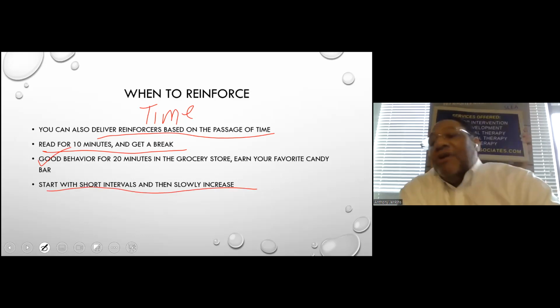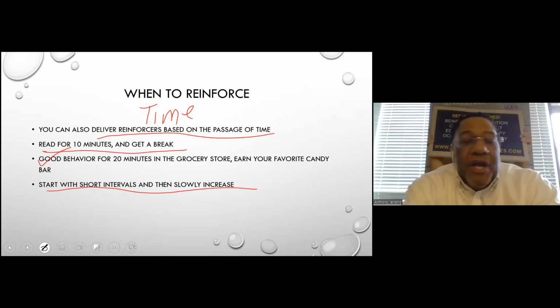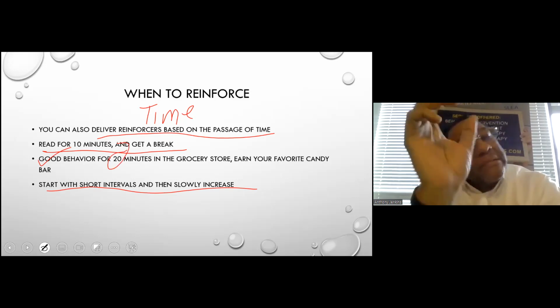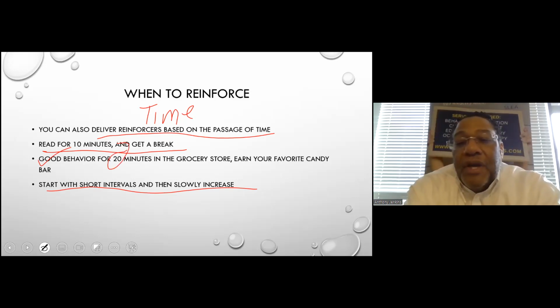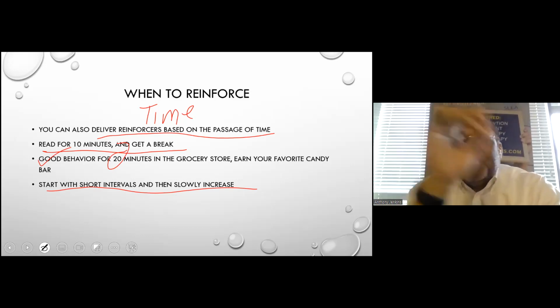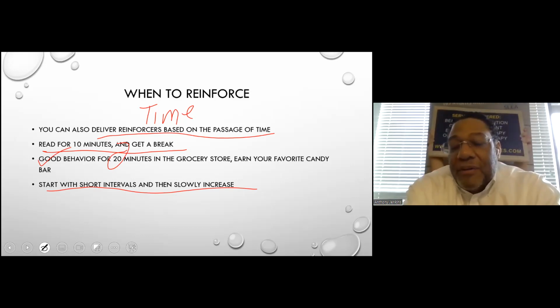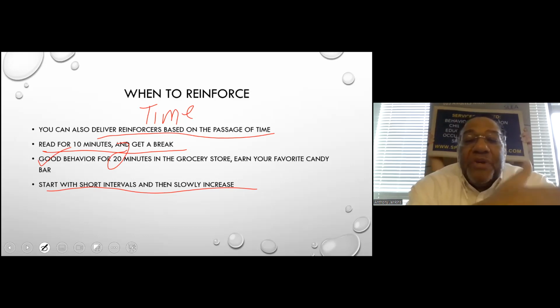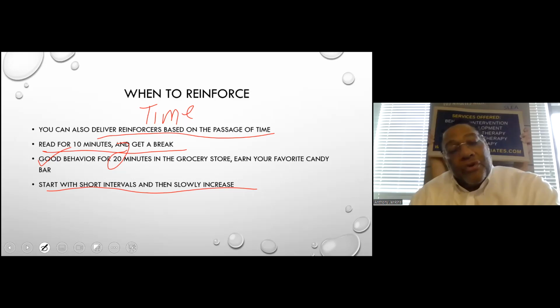If your kid has never gone to the grocery store for 1 hour, just because you're giving them a candy bar, they're probably not going to make an hour. Perfectly honest with you. 20 minutes, that's a third of the overall time. And that's 20 minutes with a few probably smaller inappropriate behaviors, but you still want to reinforce because you want them to get used to that contingency of this can be profitable for you in the grocery store,